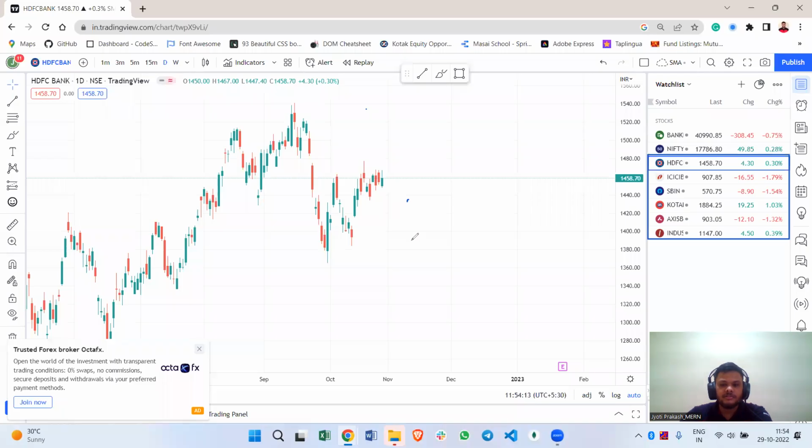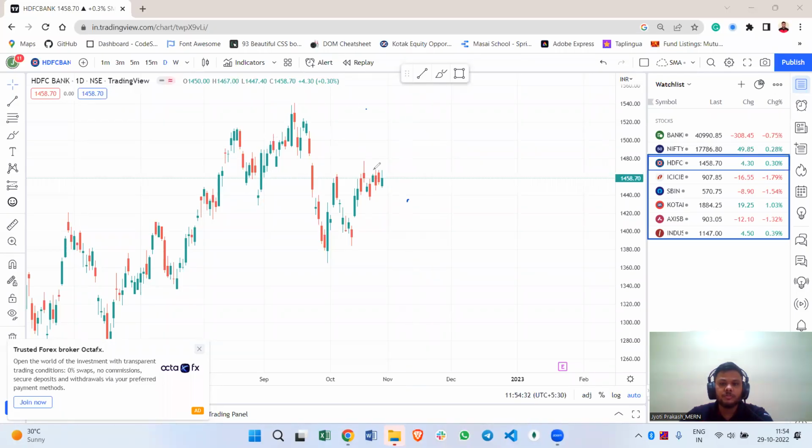Okay. Now first let's look into HDFC Bank. Here you can see that HDFC Bank opens with a small gap up, and it closes around 1,460, but it made a high of 1,467, and you can see that it has been trading at that high level for almost 3 days,